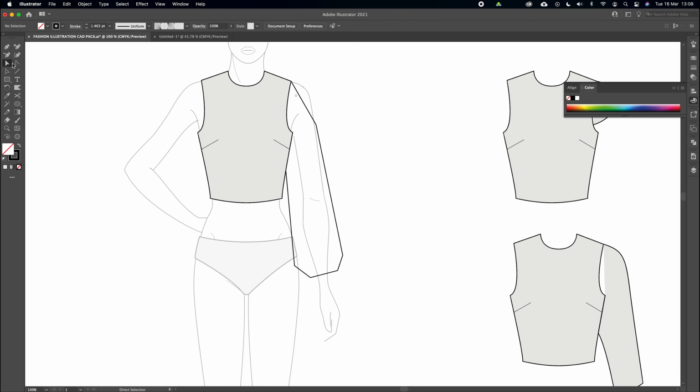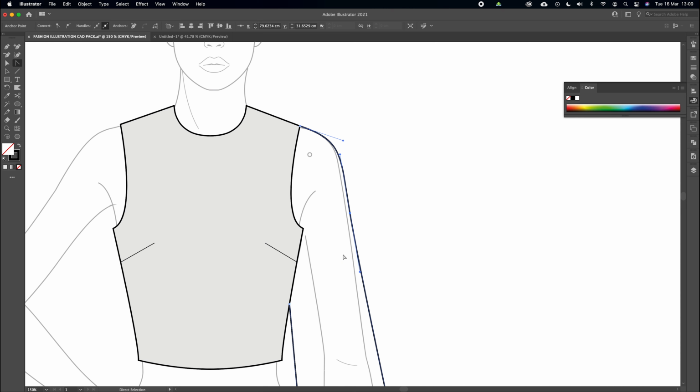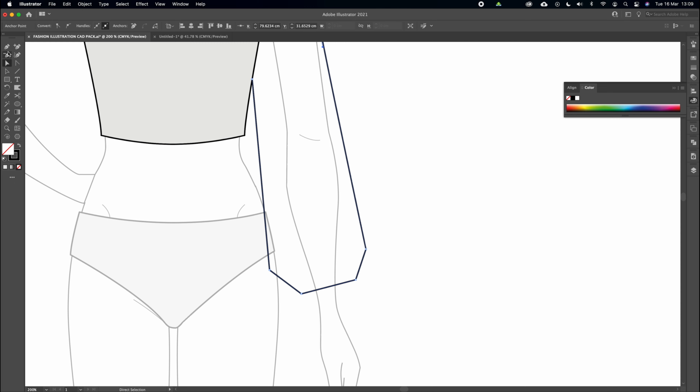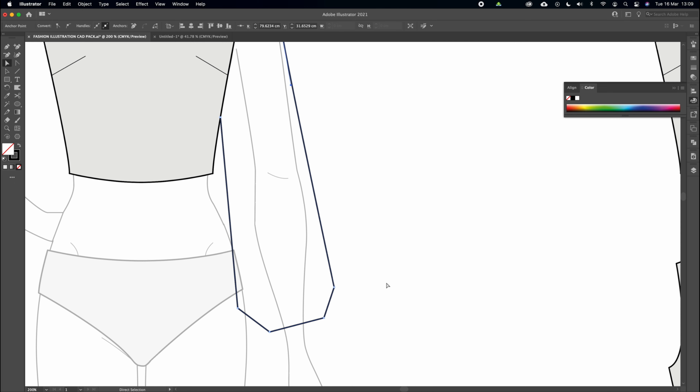And now I'm just going to start to map this out. So let's get our Convert Anchor Point tool. Let's do this one. Let's also do this one here. So I'm just clicking and dragging. Let's zoom in. And there's also another feature in Adobe Illustrator which is really, really handy, is basically if I